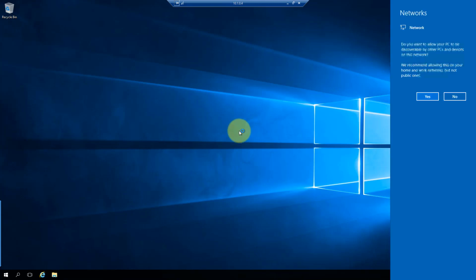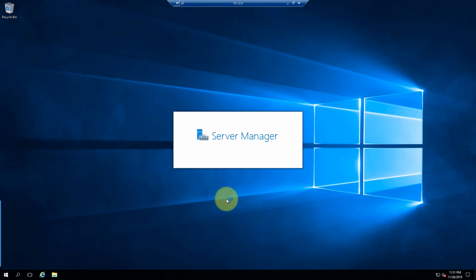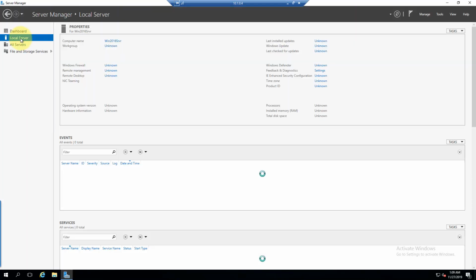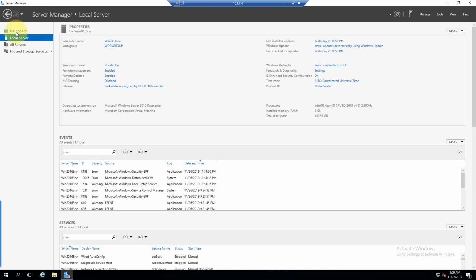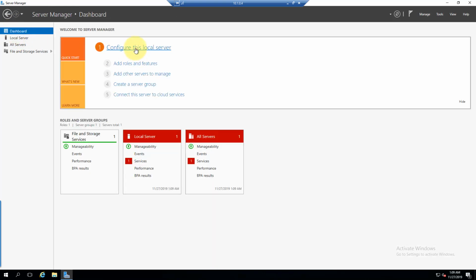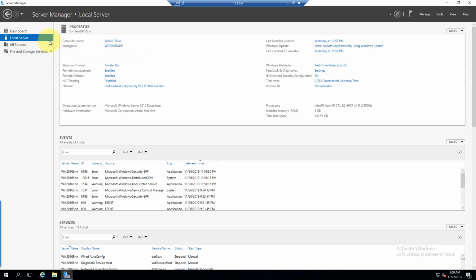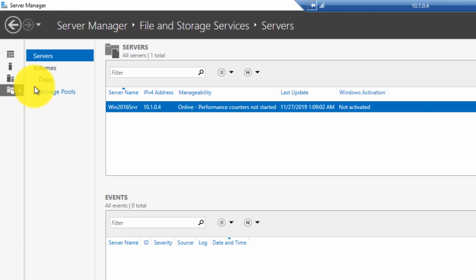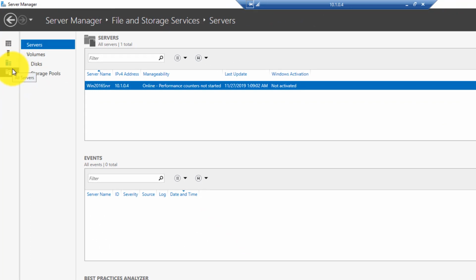All right, and that's going to help solve some problems that we were looking at before in lesson 1, in section 1. And I go to local servers. And sometimes I have to work this thing a little bit. So configure local server. Here we go, file storage. When you see the file storage